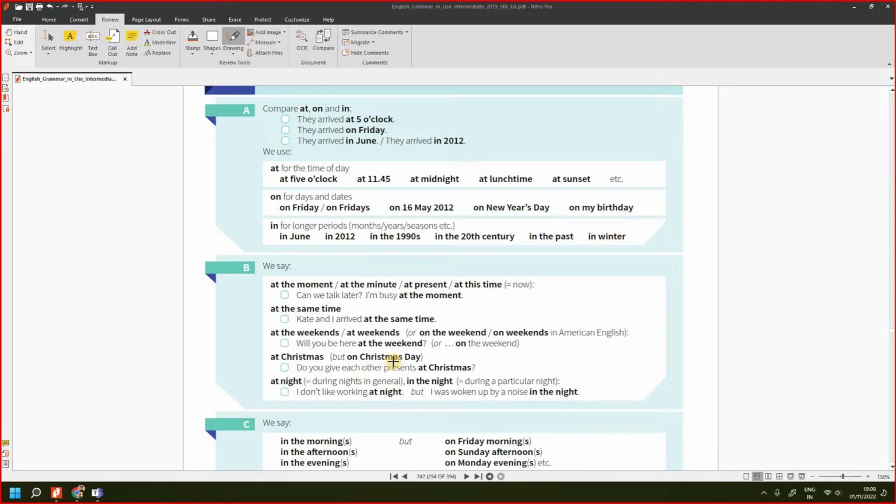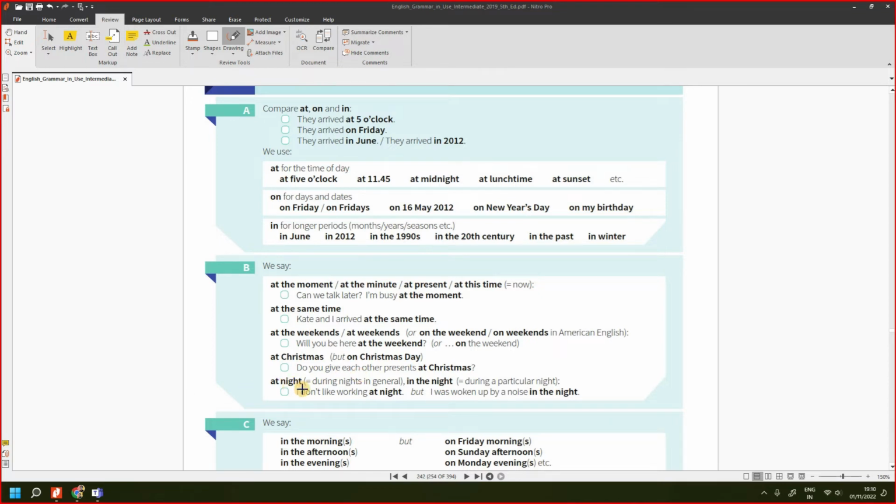But here, look at a small change. Normally we say on Christmas day. That depends on the context where you want to use it. Okay, you can either say at Christmas. I have a party at Christmas. I am giving a party at Christmas, you can say. Then how can you say, I will meet you on Christmas day, you can say. That depends on what you want to tell, the context. Okay, that is very important.